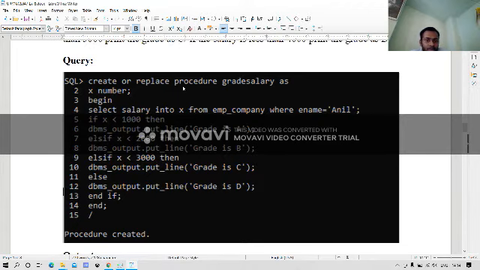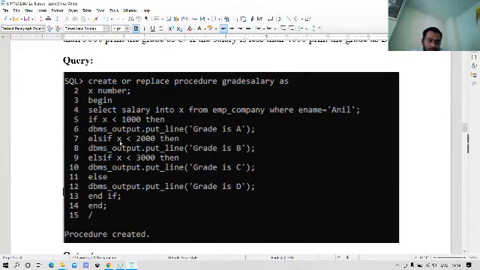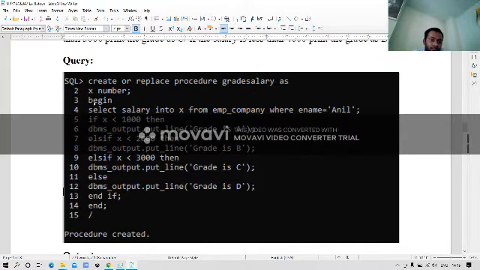So here it is: create or replace procedure grade_salary is, begin, select salary from employee where company Anil, less than 1000, then dbms_output.put_line grade. So up to this point we created a procedure, declared a number, and gave where to look for,